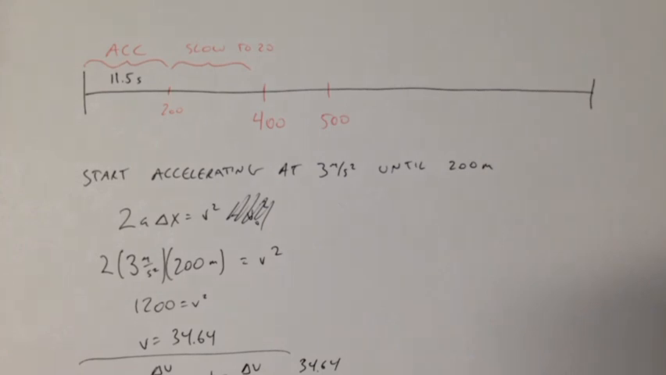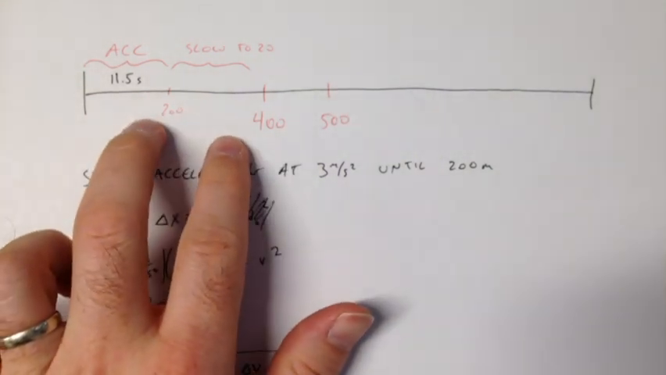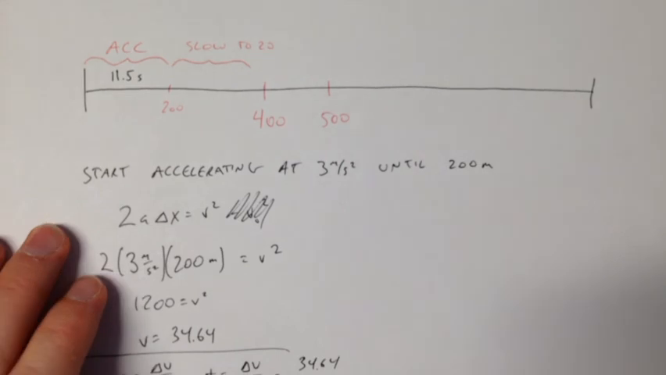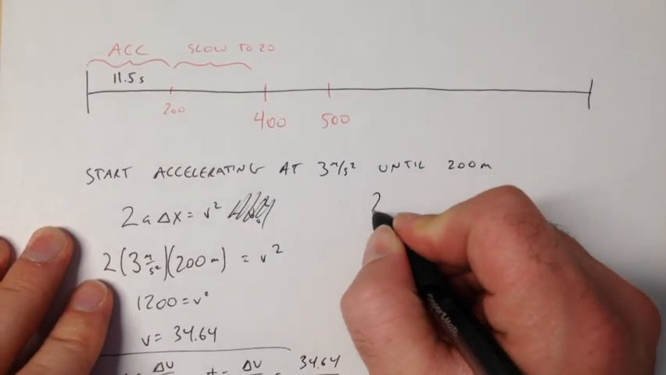Okay, well, since I'm really just interested in slowing down to 20, I need to have a final velocity. I have an initial velocity, so I have a change in velocity, and I have to do it in that distance. So if I use this equation again,